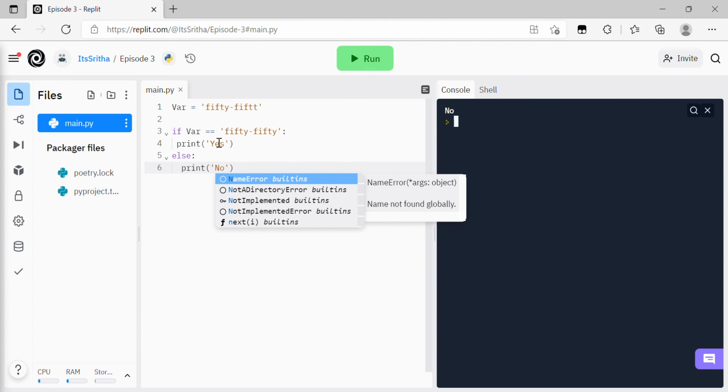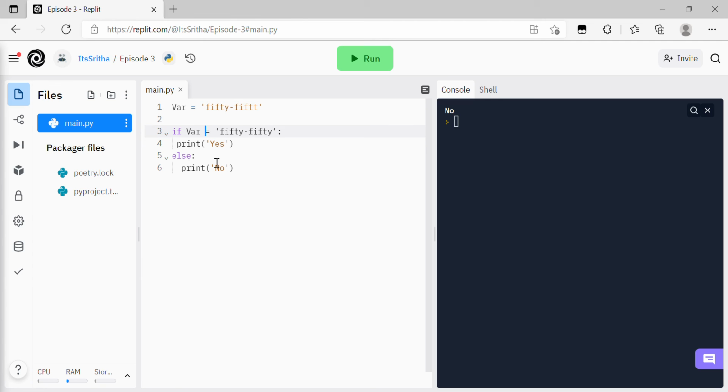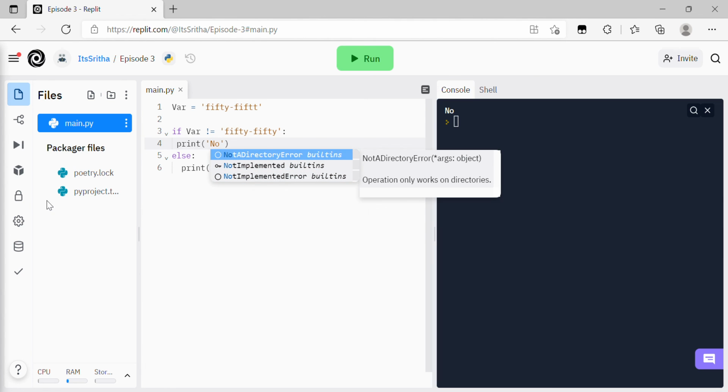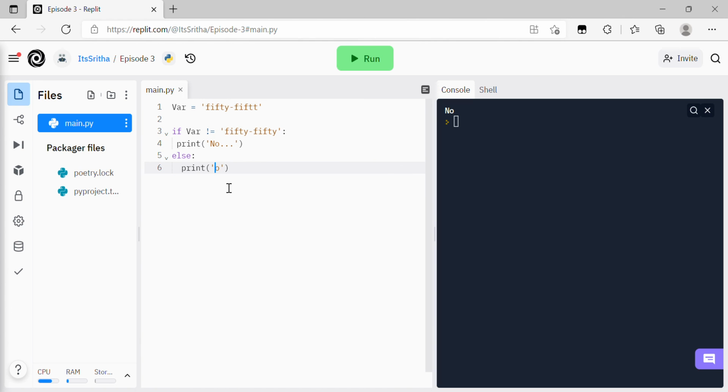Now, how do you make it so that if it's not equal to 50, you add this exclamation mark? So then we can write else. See, this exclamation mark with the equals sign means it's not equal to. Now if we write y,